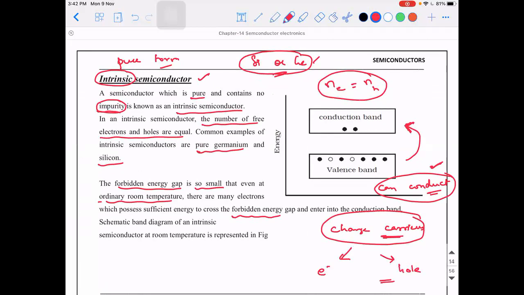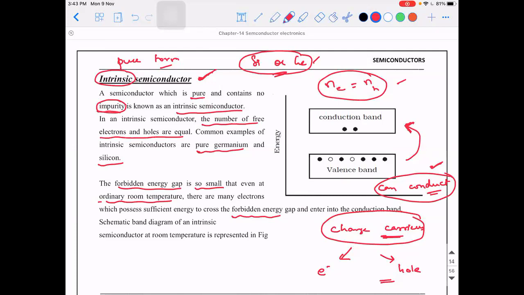Depending on which one is in excess in comparison to the other, there are different kinds of semiconductors that we will see later. But as of now, you need to understand one thing, that when you talk about an intrinsic semiconductor, the number of electrons will be equal to the number of holes. Though at room temperature, some valence electrons are able to jump into the conduction band and it is able to conduct, it is observed that the conduction process is not that efficient because there are not many charge carriers that are required for the actual current to get generated.